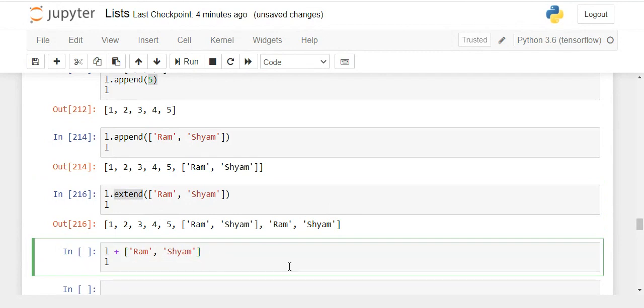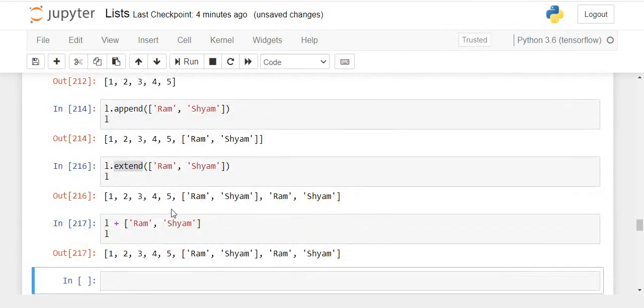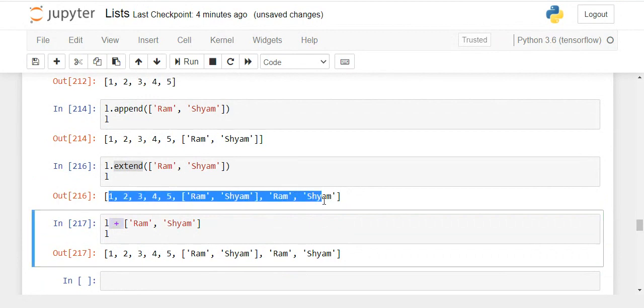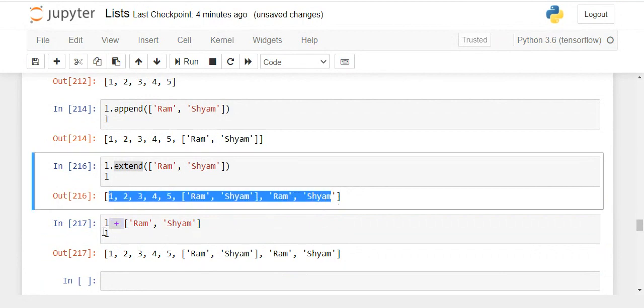And I print the value of L. So nothing is changed, it's the same, but no error you have received. What is happening here is the plus operator, this concatenation operator, works just like extend, except this operation is not in place. In the original list, it is not going to modify the value.